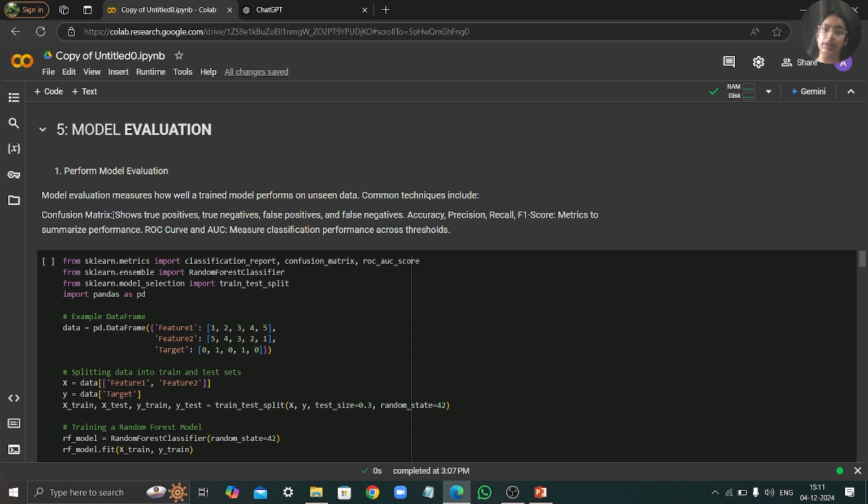But what are these values? How can we evaluate true or false? There can be a variable which has been predicted as positive but is not actually positive, so it is referred to as a false positive. If it really is positive, it is referred to as a true positive. The same goes for true negative and false negative. Also, the metrics as we discussed are accuracy, precision, recall, and F1 score. And to summarize the performance, here we have used the ROC curve and AUC, which measure the classification performance across the